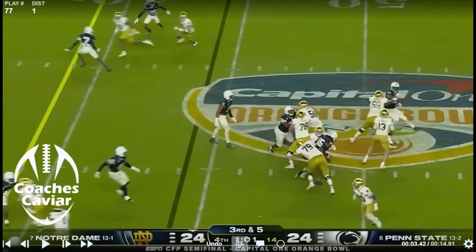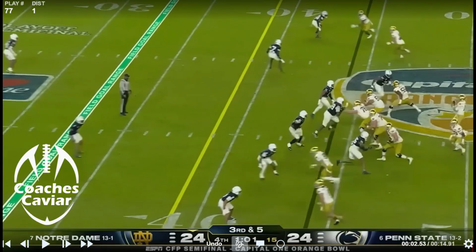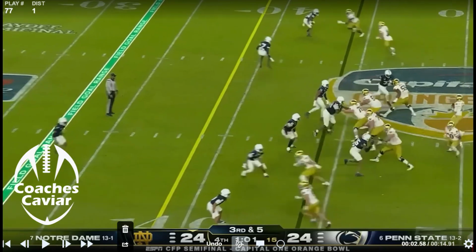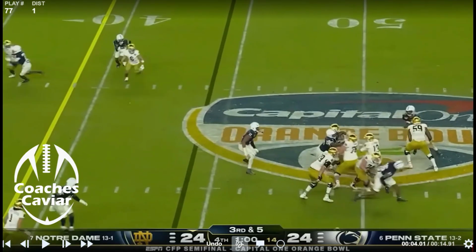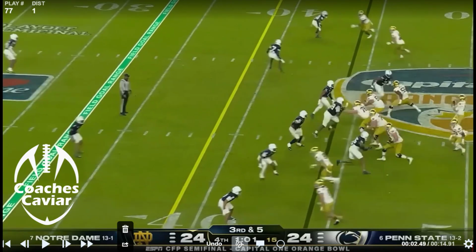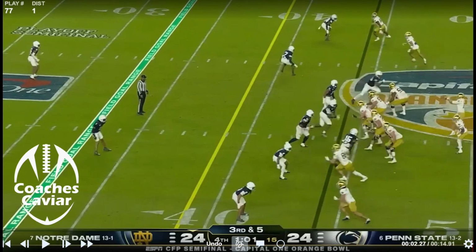They do end up getting sacked. And this was just really a 3-man rush with one guy spying. And really just that inside C-gap rush. We talked about the tackle injury that they had. This is just not a great play here this time by Tosh Baker. He's got to be inside out, or that guard's got to be helping him a little bit more, which looks like the guard's sliding the other direction,